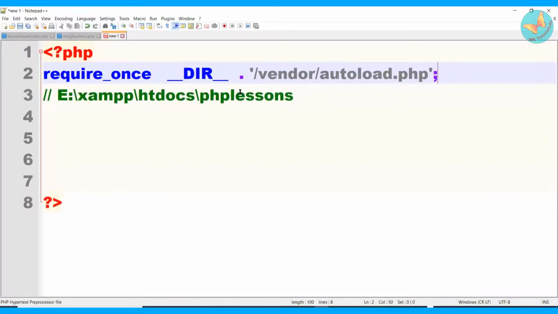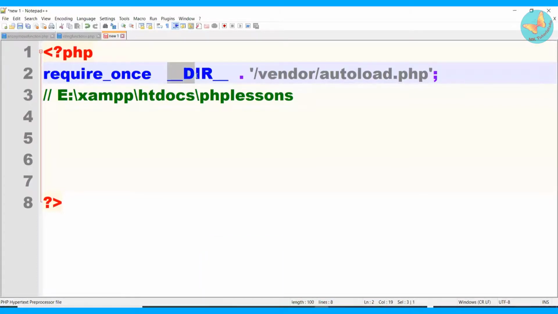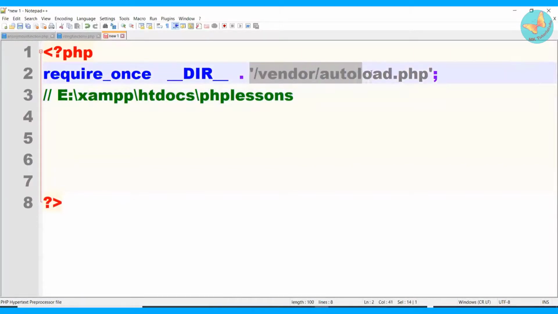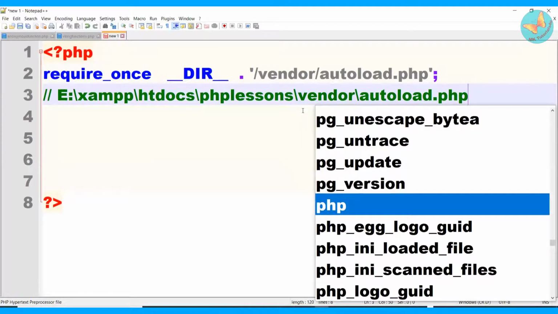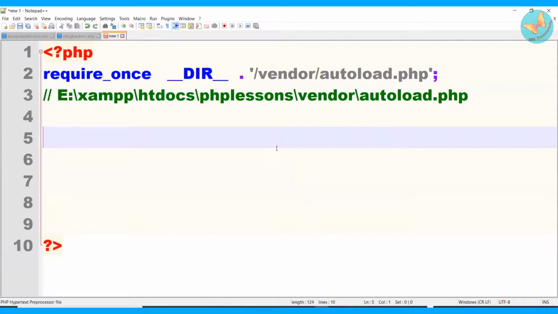This will autoload the mpdf library in this particular PHP file. Because of this, what will be the complete path? __DIR__ will give this particular path, and once you have added this path to it, the ultimate path that will be generated will be something like this. So this is how you can call the mpdf library, right?